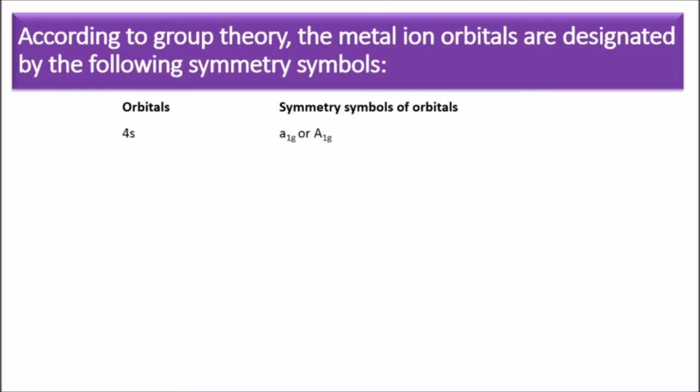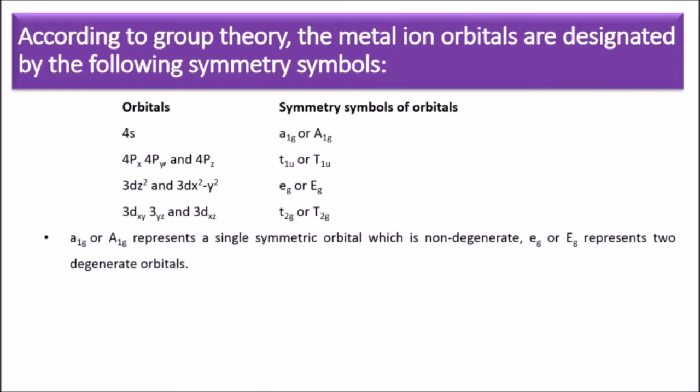For s it is assigned A1g, either small or capital A1g. For px, py, and pz it is represented by the irreducible term T1u. 3dz square and 3dx square minus y square, that is doubly degenerate, are represented by Eg, and